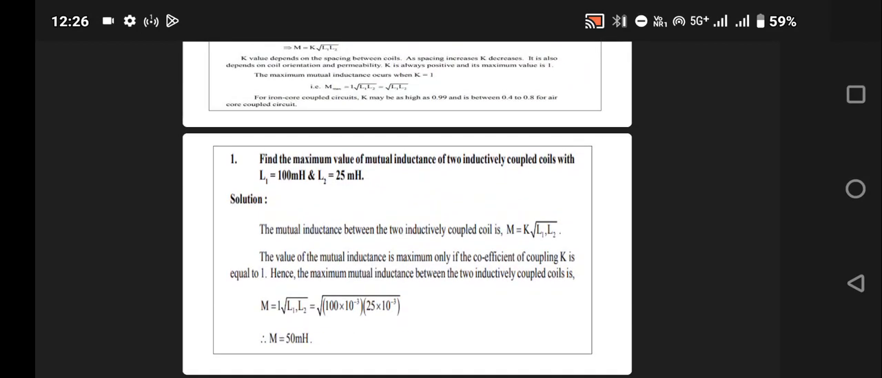We will see one small problem. Find the maximum value of mutual inductance of two inductively coupled coils with L1 equal to 100 millihenry and L2 equal to 25 millihenry. We know the formula: mutual inductance M is equal to K into root of L1 L2. The value of mutual inductance at the maximum is when K is equal to 1. So M is equal to square root of L1 into L2, which is nothing but square root of 100 into 10 to the power of minus 3 into 25 into 10 to the power of minus 3, which is nothing but M is equal to